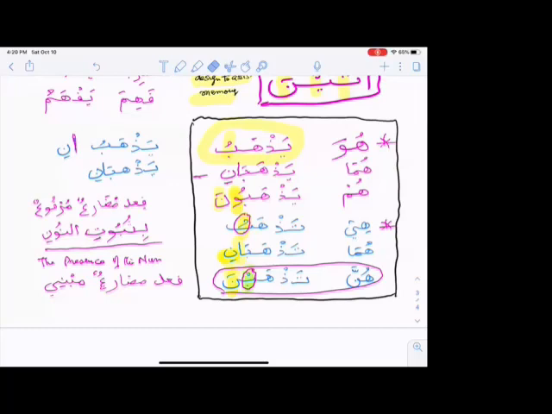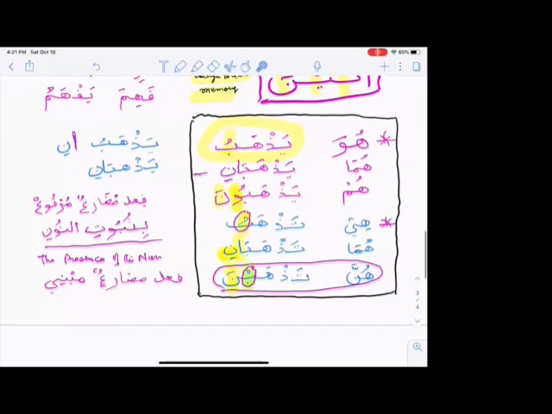See the way I'm explaining to you: huwa yazhabu, and then huma yazhabani. So why did you make it into ani? I did not say nani, I said ani. Because you put this in the front, ani, you put in the verb. So when you put alif there, then it became yazhabani. Did you see? It became yazhabani. Fine.